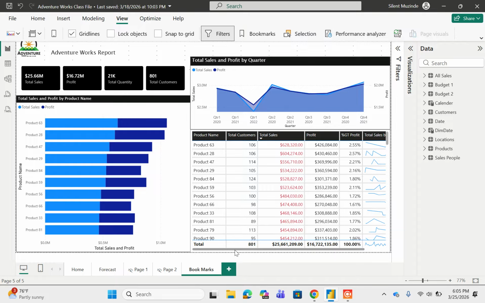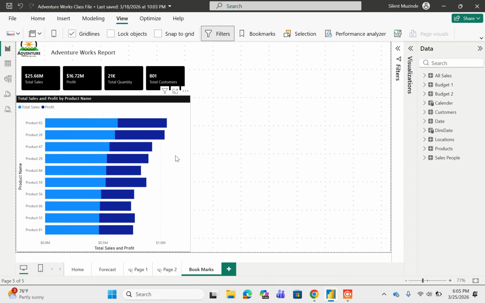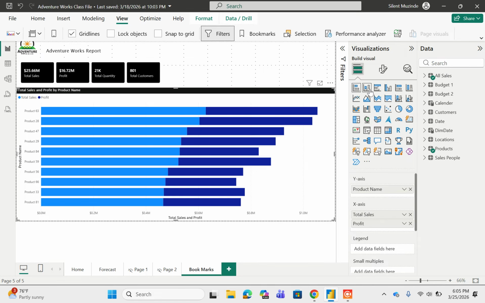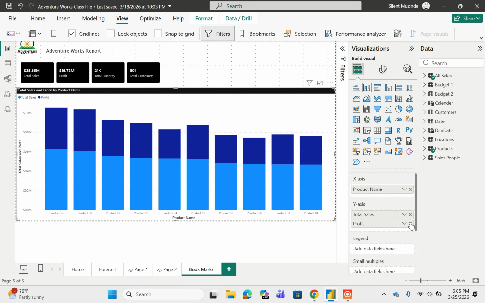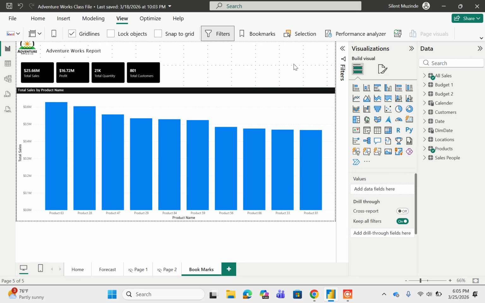Then here I think I will remove this table, and also maybe I'll remove this. Then here I will try to enlarge this one. Then I'll go to the visualizations. I'll put this here. I'll remove the total profit. Then here we'll be left with sales by product name. And let's say